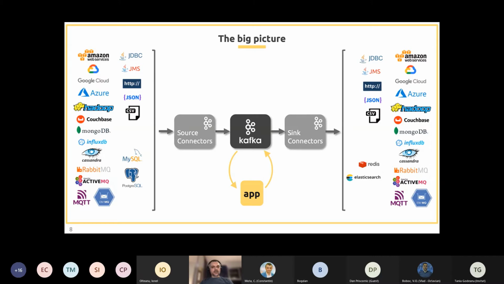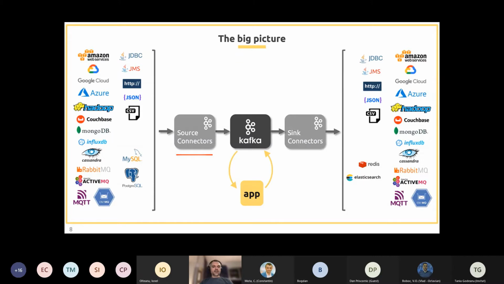So now we have Kafka Connect, which is using source connectors to read data from various data sources. And the source connectors can do some light transformation on our data. It can serialize our data in a standard data format. And after that, it is pushing our data into a Kafka topic or multiple topics.